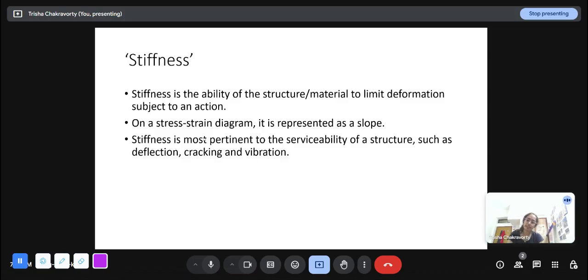And as for serviceability criteria, we know that there are two kinds of criteria that our design has to satisfy. One is the collapse or ultimate limit states, which has to do with the ultimate failure of a structure, and serviceability criteria are the other ones, which give us stipulations about maximum deflection, displacement, or rotation in various parts of a structure. So it might say that the deflection at the midpoint of a beam should not exceed 5 millimeter. So those are my serviceability criteria. They are called serviceability from the English word service, meaning serving the purpose of a structure. For that we need serviceability criteria. So it can be that a beam deflects extremely much.